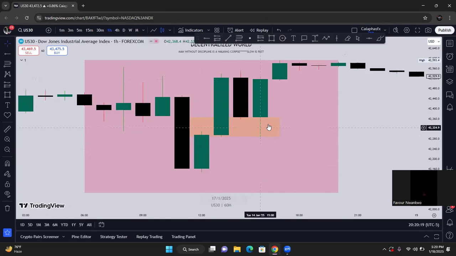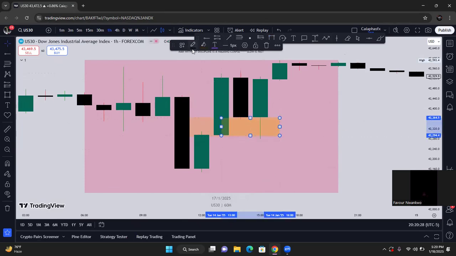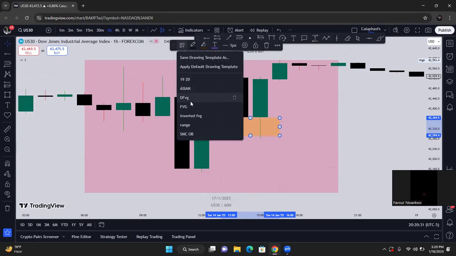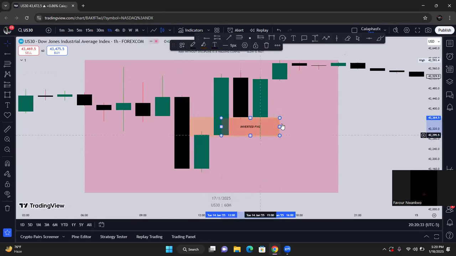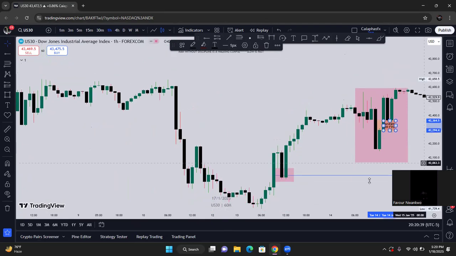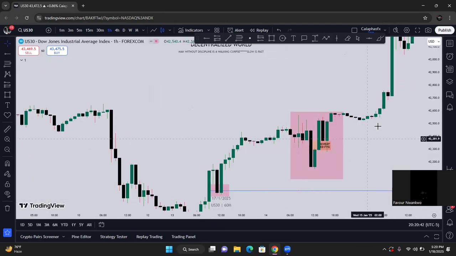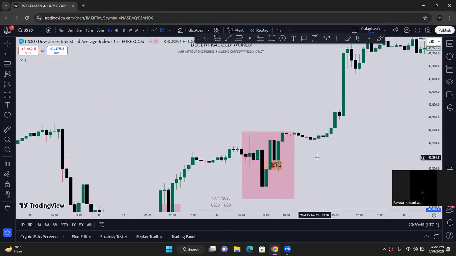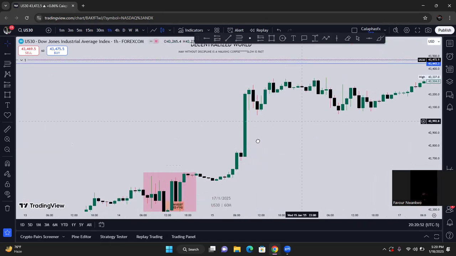But what happened again was that there was an inverted fair value gap here. And price used that inverted fair value gap and started moving up, right? So had it been that I just opened the trade, even without SL, I would have been in huge profit, right? So that was where I got stopped out that day. So then the third trade was